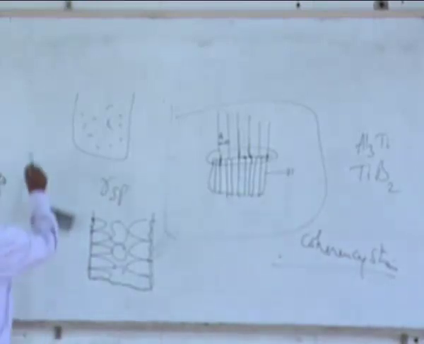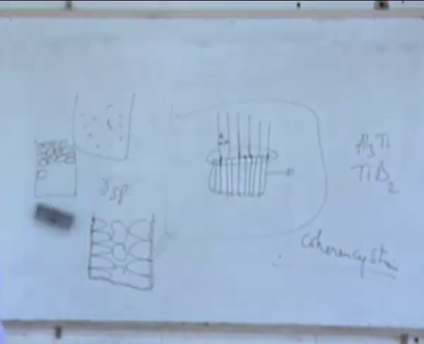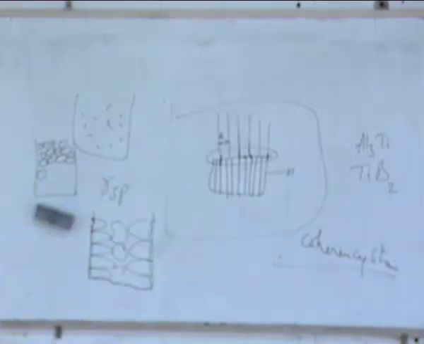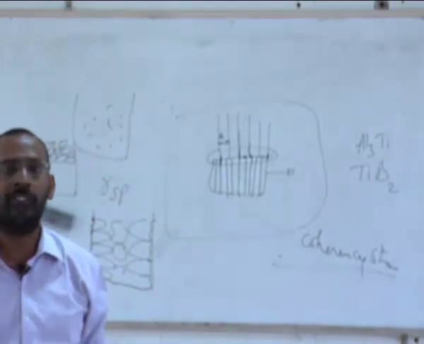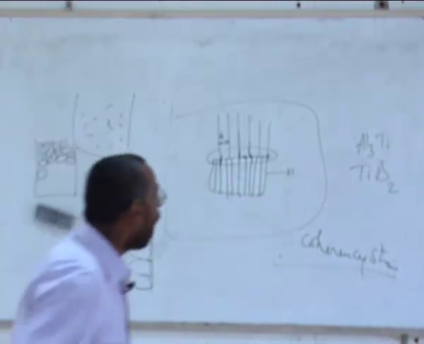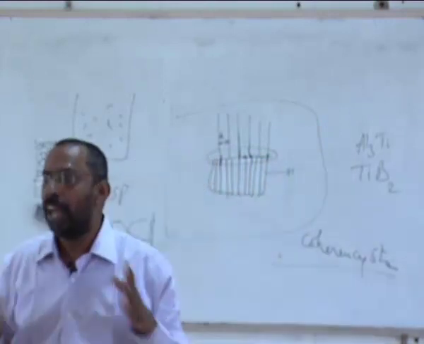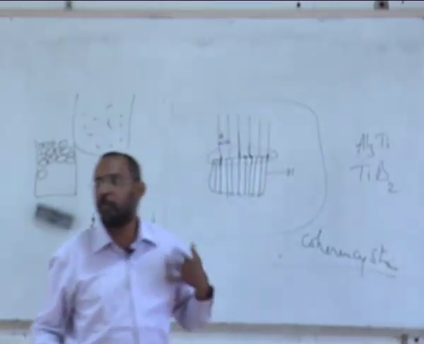Instead, you will get a structure where this whole thing will be fine grains. Because you have added so many particles, each of them has acted as a nucleating site, each of those grains starts growing and they touch each other, and then finally a grain structure forms. This is what is called columnar grain structure. This is what is called equiaxed grain structure. So you can convert a grain structure from this to this just by simply adding what are called grain refiners. And there the basic concept is, am I adding a particle whose crystal structure is similar to that of the solid that is nucleating? Then only they will act as nucleating sites, because there is a matching. If this matching is not there, it won't.